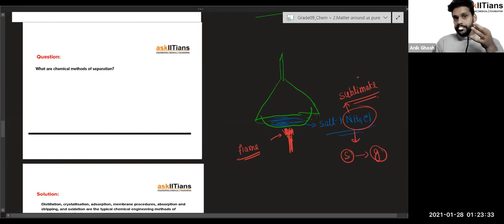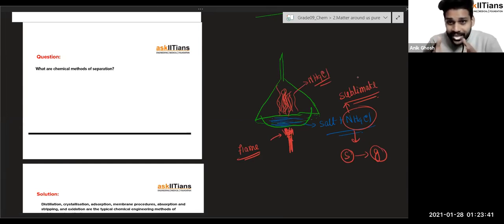Okay, but your work is to separate them. So if we just let this NH4Cl go, you will not be able to get this NH4Cl anymore. That would be gone. So if you want to take it as well, you want to separate them, not waste them. So if you just want that NH4Cl again, you take that funnel, like the inverted funnel, like this one. So this is there to collect this